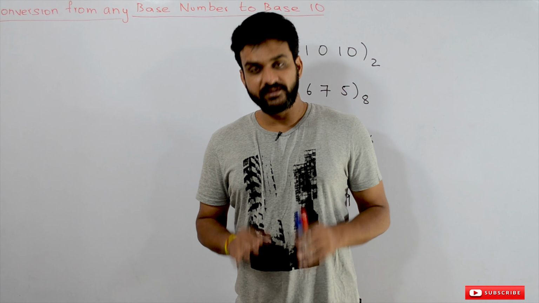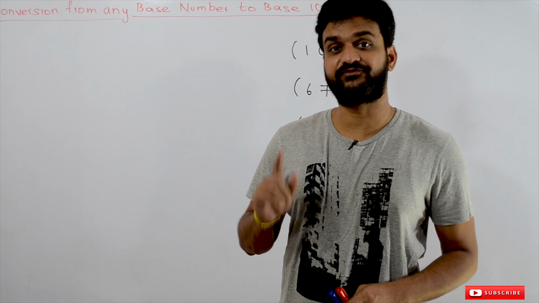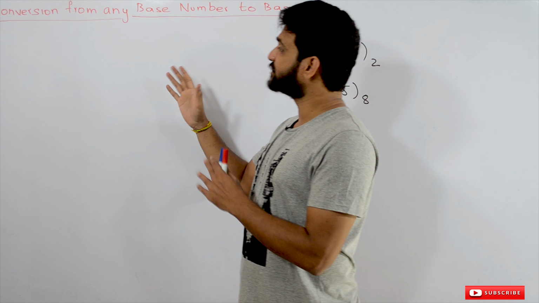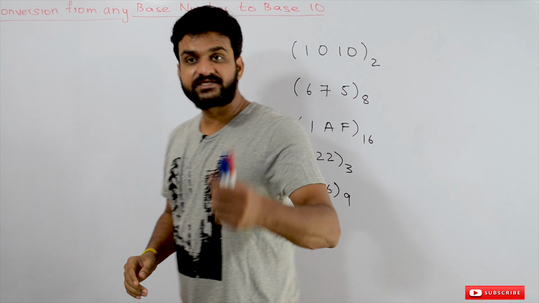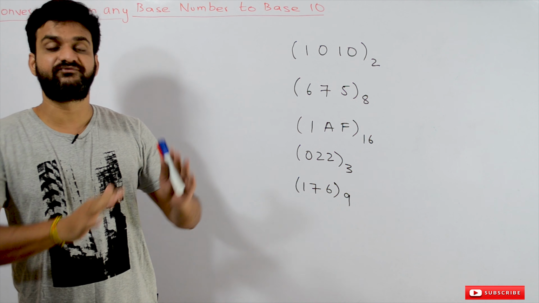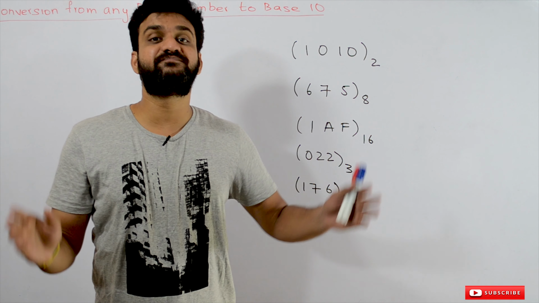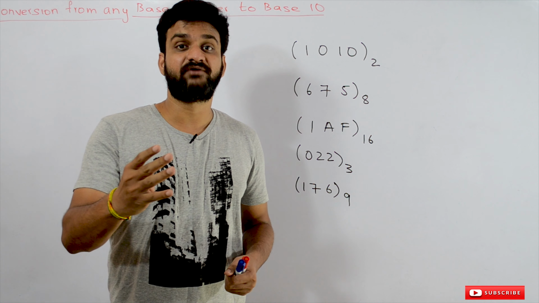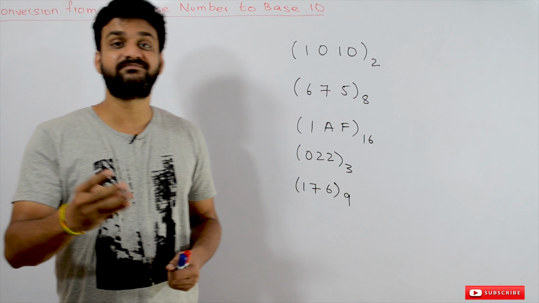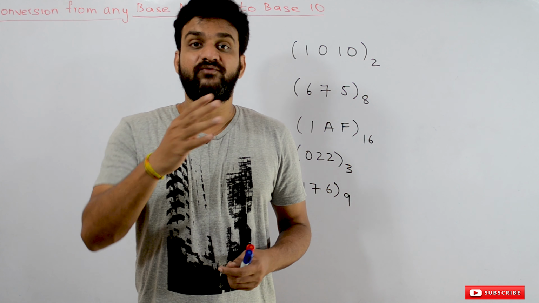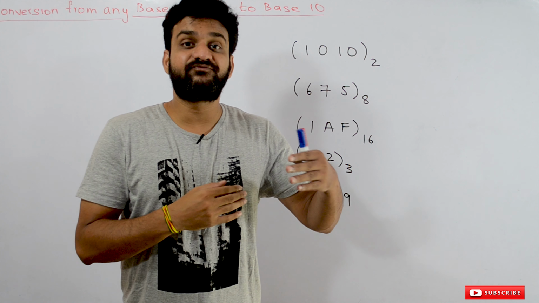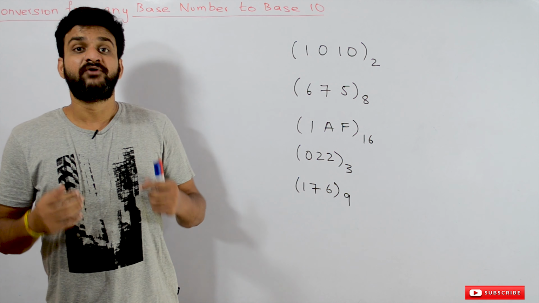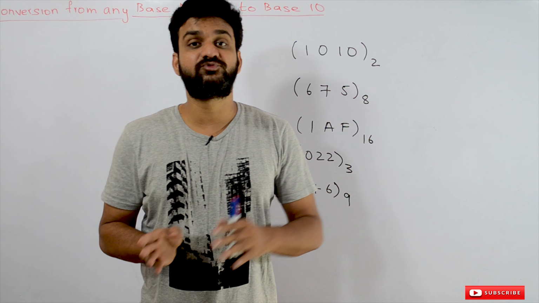I am Vikram. In this class we'll try to understand conversion from any base number to base 10. So before that, why are we trying to understand this? As we have discussed in our previous class, we have discussed all the different types of combinations that are possible with the four number systems that we have covered so far. It is binary, decimal, octal and hexadecimal. So from these four number systems, the 12 different combinations that are possible for the conversion of one number system to another number system,